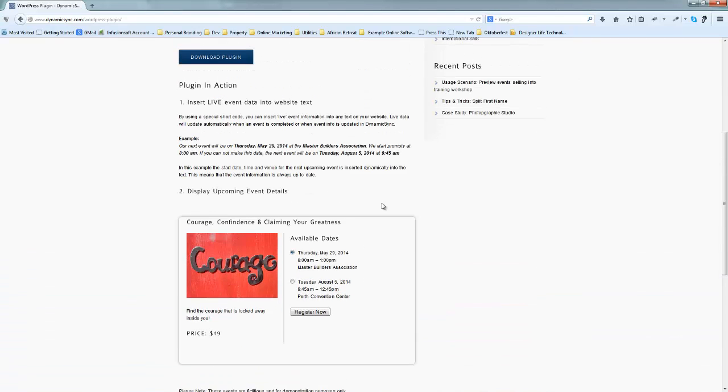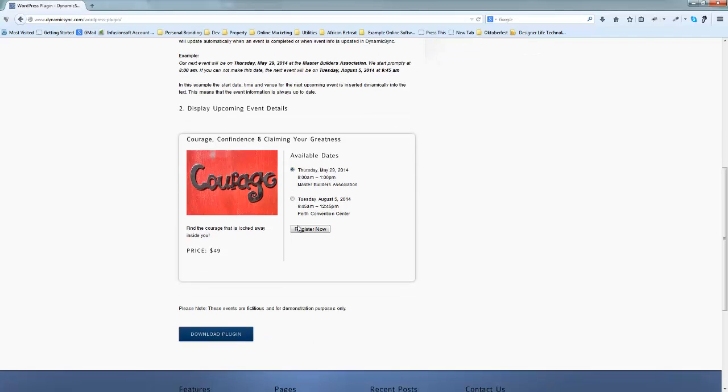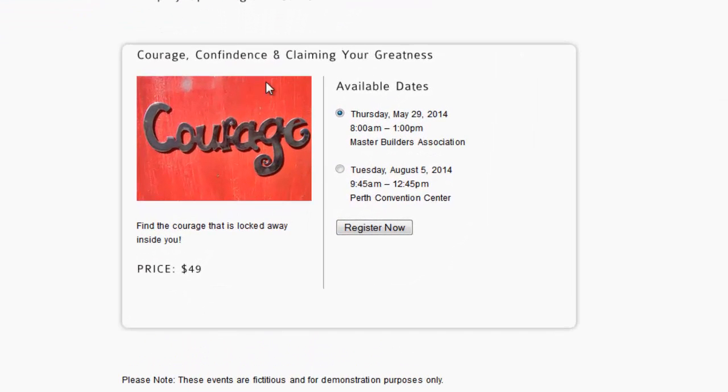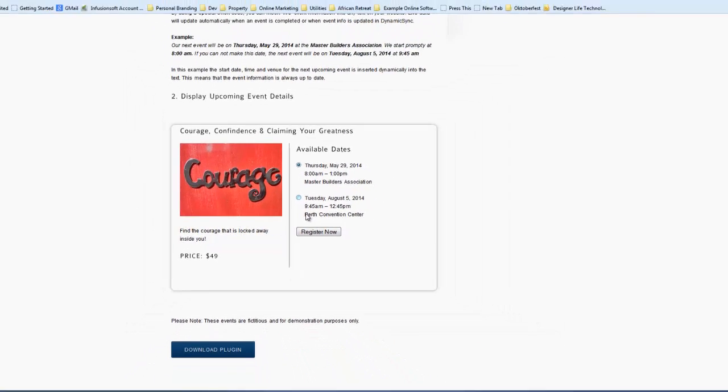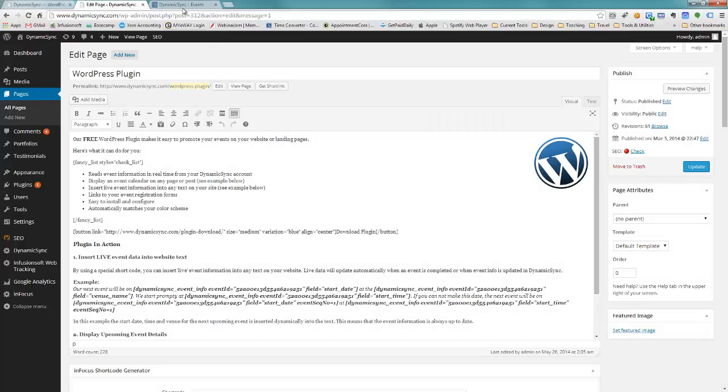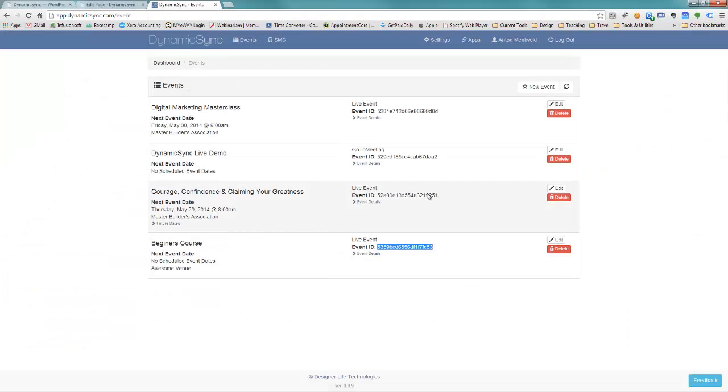So you can theoretically create landing pages for all the different types of events that you have and display the upcoming dates for that particular event. Now something else you'd notice is that we've got an image displayed with each event. Now this is optional, you don't need to use this, but if you would like to display an image in this way with the event, the way to do that is to go into DynamicSync, into the event details, and